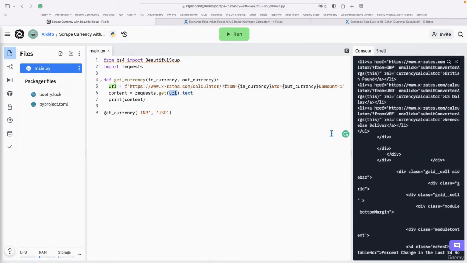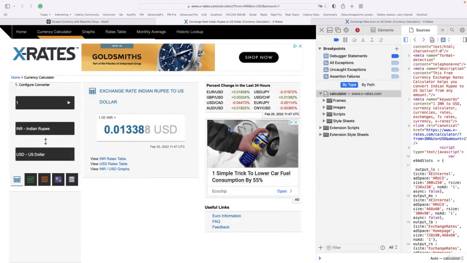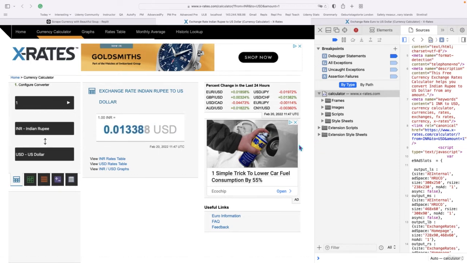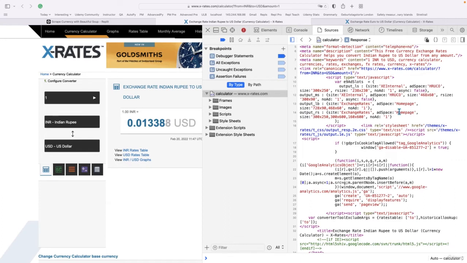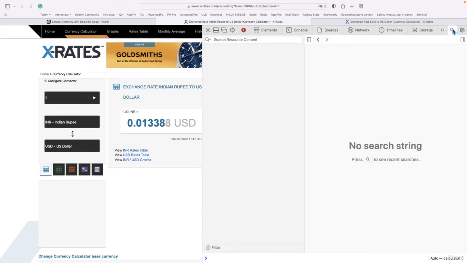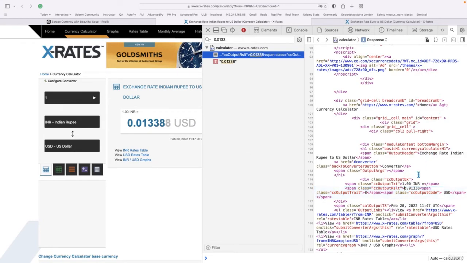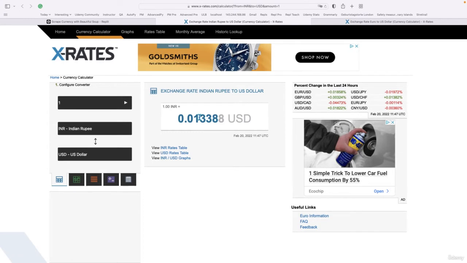out of that source code, we only want this number. So that is hidden somewhere in the source code. If I search for that using this button here, 0.0133, you see it's somewhere in here. We want to get that number only from that entire source code. So that number shows up when I search, but if you want to go directly to that number, you can